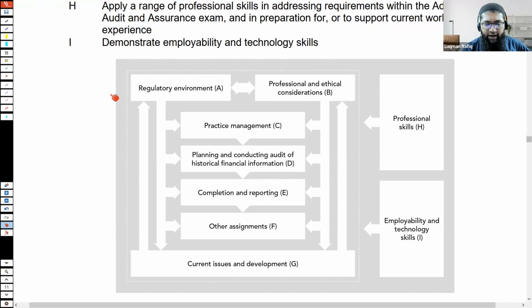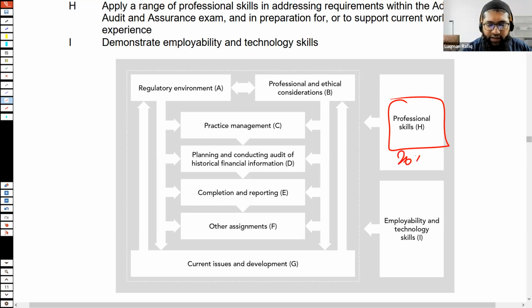Basically what happens is that this is a new addition to AAA, which is the professional skills. This has been added to all the optional papers except for the ATX. For the ATX, these skills are going to be introduced in the next session. But for the APM, for the AAA, for the AFM, this is going to be an addition in this attempt